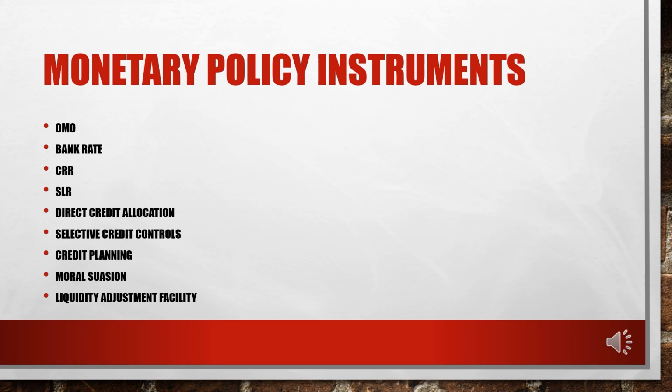So it has two objectives. One is to control the non-performing assets in the system, which is a very serious and major concern, as well as to control the amount of money supplied to the system at a particular point of time. So this is basically defined as the credit authorization scheme, under which we have certain credit monitoring arrangements through which this particular mechanism works. Now, what do you mean by credit planning?